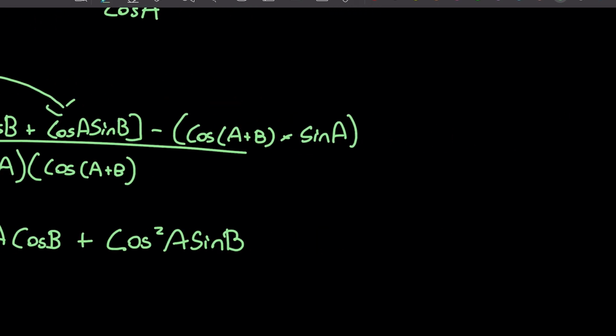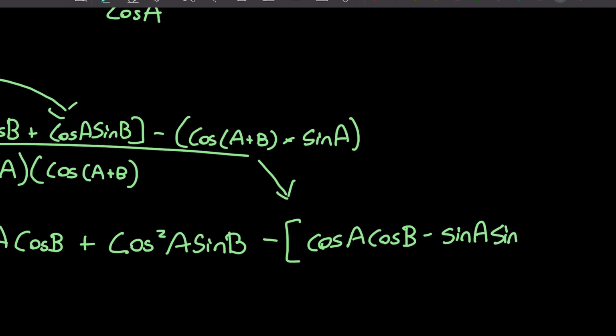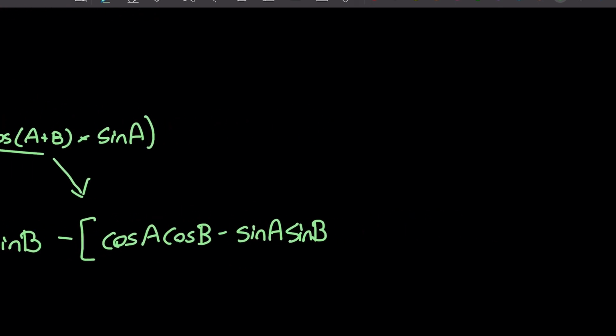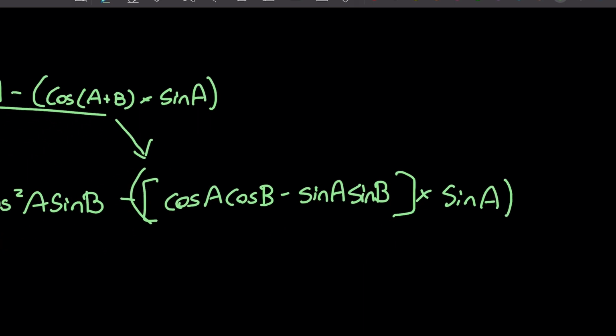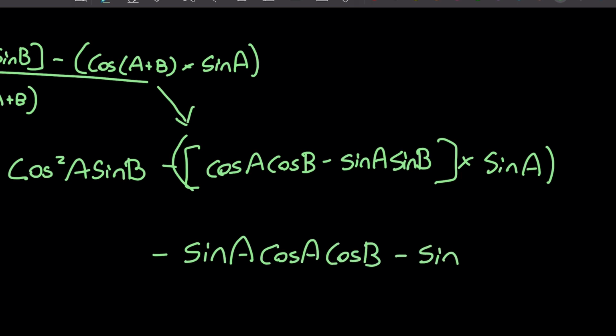Now we know that cos A plus B is just equal to cos A cos B minus sine A sine B. And this will be multiplied by sine A. So now when we expand this, we'll have minus sine A cos B minus sine squared A sine B